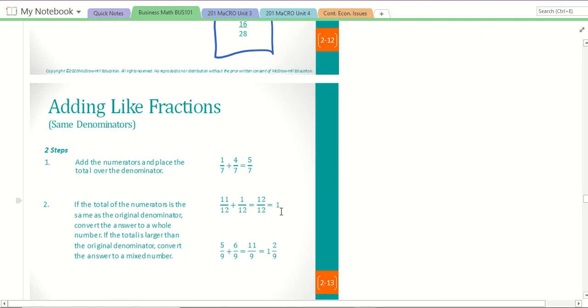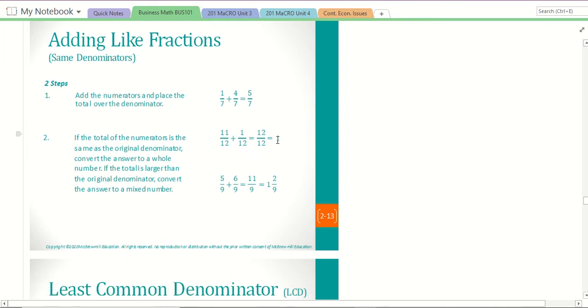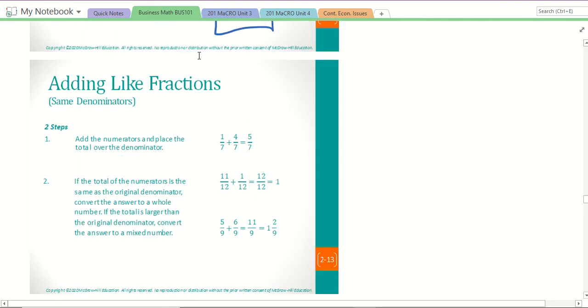All right. And so, adding like fractions. Like I always say, every student, when they have to do adding and subtracting, is always looking at, are the denominators the same? And yes, it is the same. We want to make sure that those things are the same. And then if we know they're the same, we can go ahead and just add these. So these are pretty simple. We just add 1 plus 4 gives us 5, and we know that the denominator is the same,